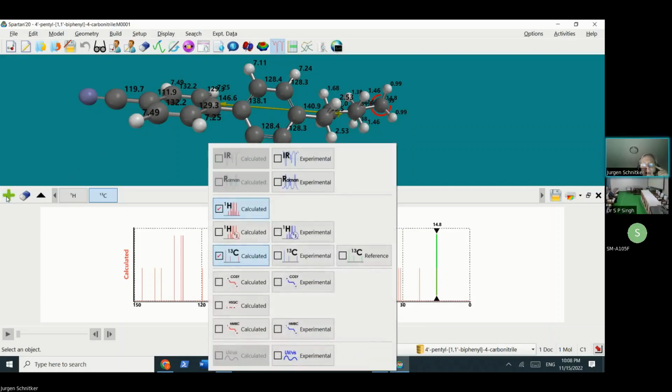Yatindra had mentioned that you can compare this with experiment. No, I think he was a little bit too generous by saying it will always exactly reproduce the experiment. Theory and computational chemistry is hard, but we are doing very well in that department, though it varies from case to case.